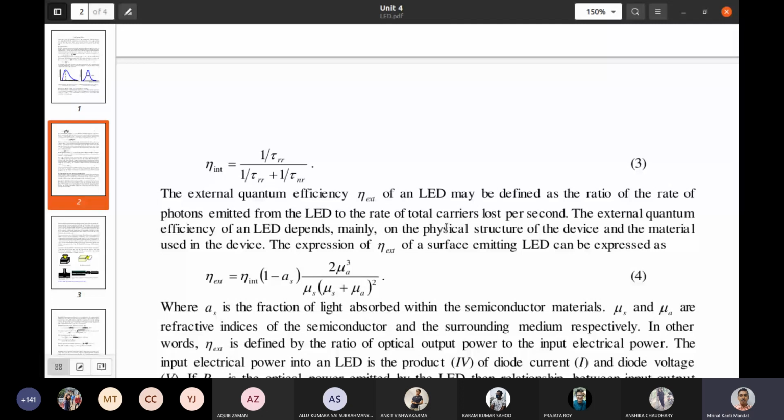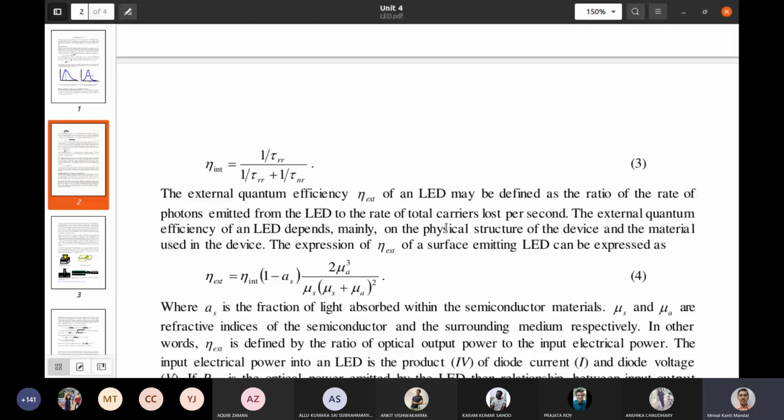1 minus as means as is the absorption coefficient. So the radiative coefficient of that material is 1 minus as multiplied by twice mu a cube divided by mu s into mu s plus mu a whole square. That mu s is the